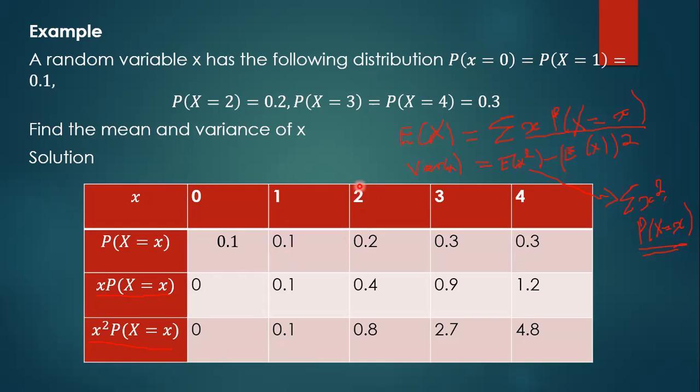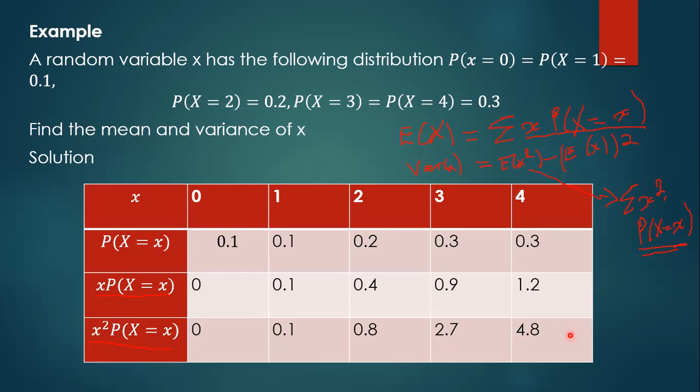So what is 2 squared? 4. Then we multiply it by 0.2, and it gives us 0.8. So we get 3 squared, which is 9, multiply it by 0.3, and we get 2.7. Then we get 4 squared, which is 16, multiply it by 0.3, and that would give us